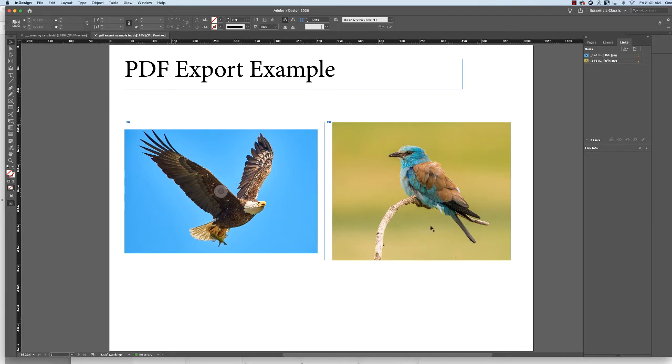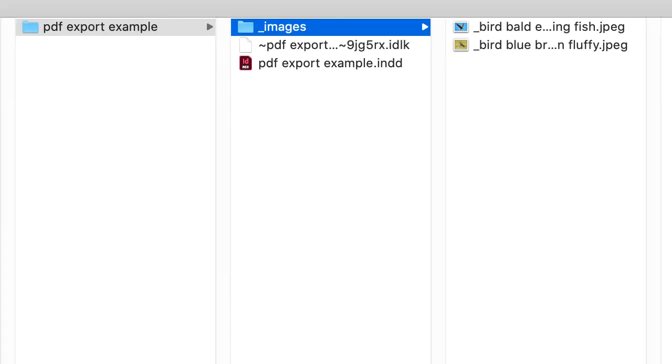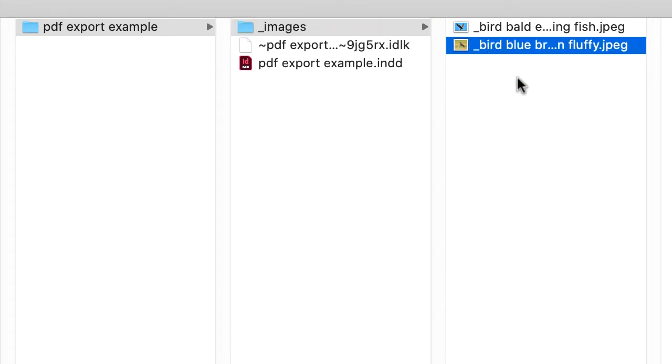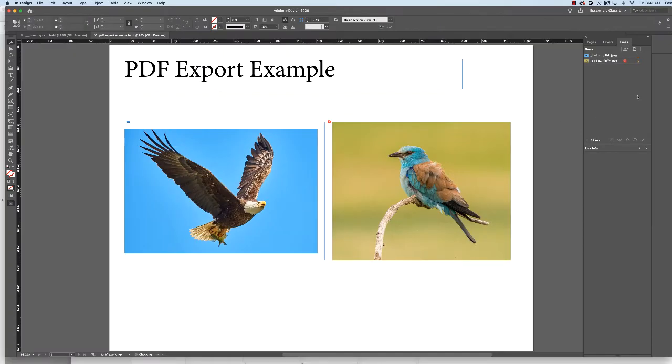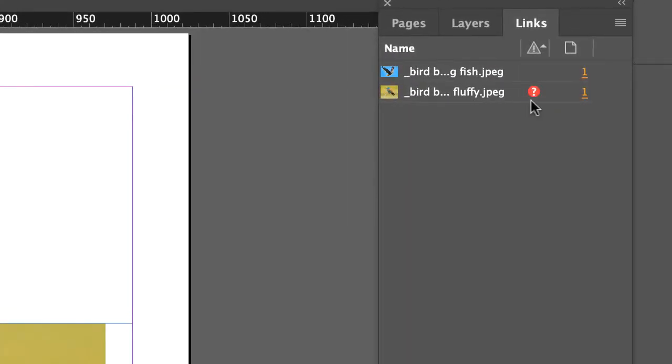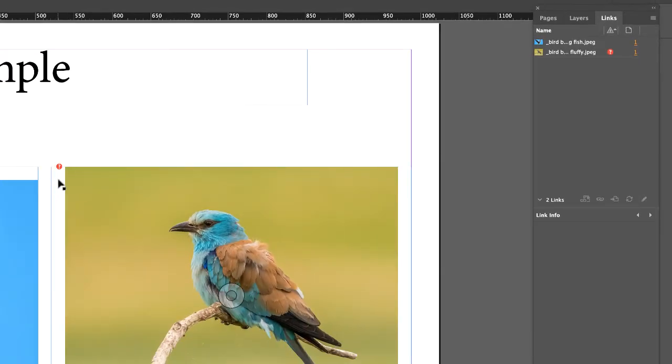Everything's great. Now let me go back to the folder here, and let me click on one of these files, and I'm going to delete it. And I'm going to come back to my InDesign document, and lo and behold, there's this question mark, and there's a question mark here next to the image. So make sure that your links are okay. If you see any things like this,